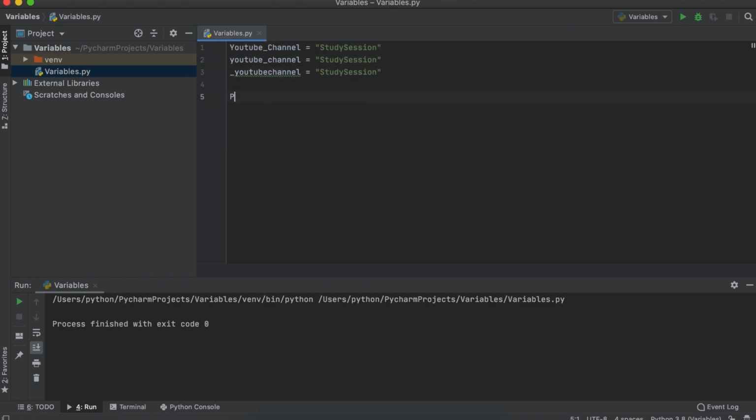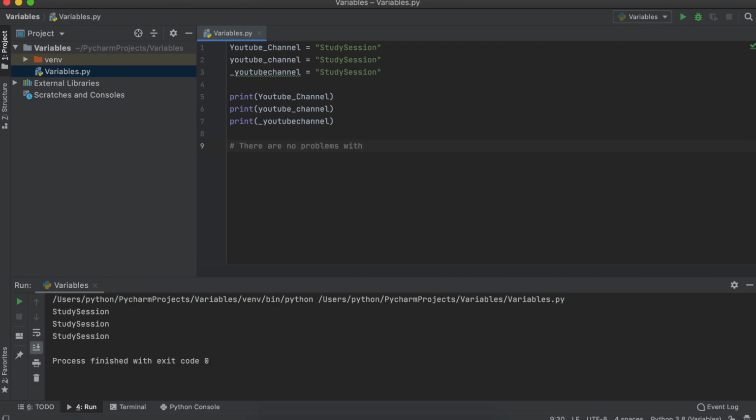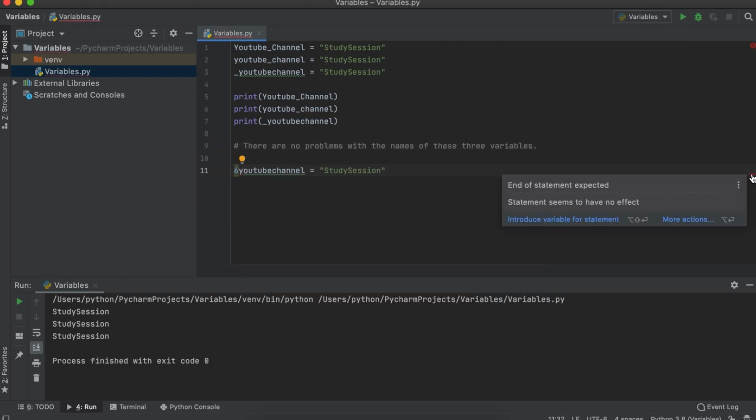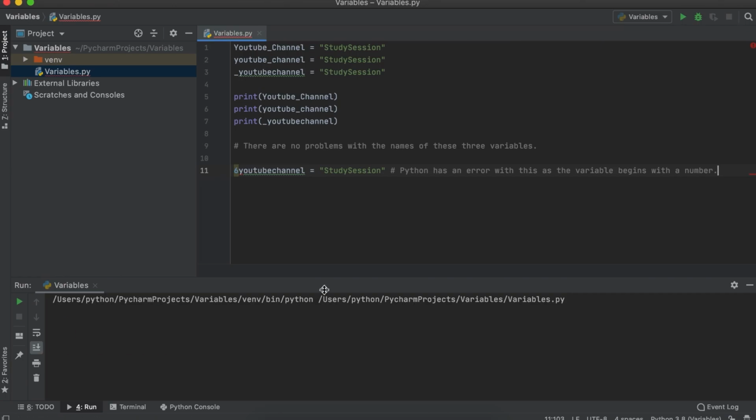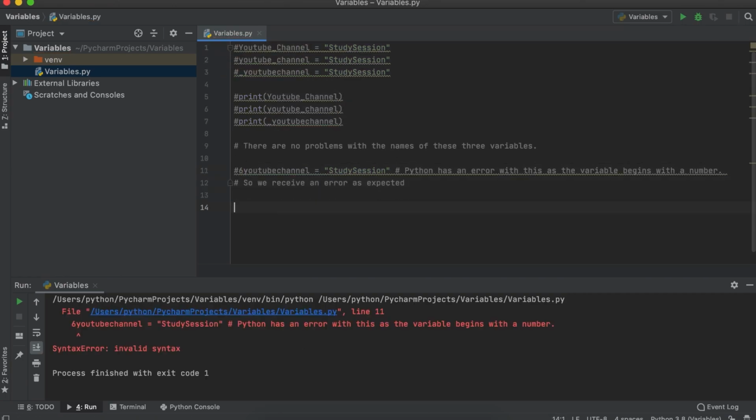As you can see here, there's no problem with the first three variables we've entered as they're all valid. However, once we add the fourth variable, which begins with a number, we will be returned a syntax error, which we will discuss further in the next video. As we have talked about in the previous video, the quotation marks around our newly stored variable value is to tell Python that the variable is a string and not a number. To store a number, we do not need the quotation marks.